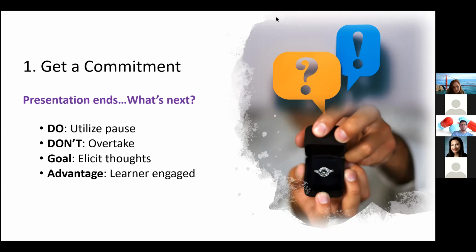Maybe they'll be hesitant, but you really want to resist the urge to overtake them and jump in and finish the case. Especially when we're really busy, we want to do that sometimes, but this can be overwhelming to them. Sometimes you have a lot of questions, like maybe there's a lot of gaps in the presentation. It's like, okay, what about this? What about that? You didn't get the vital signs,